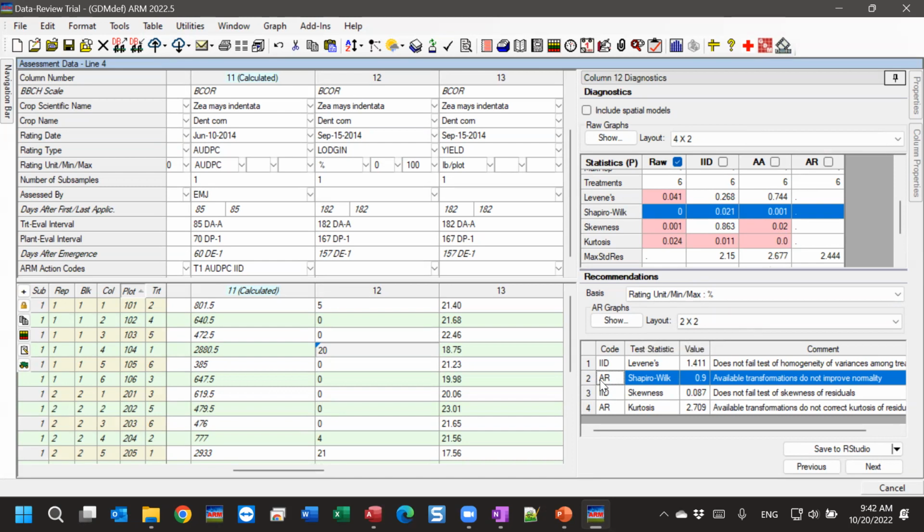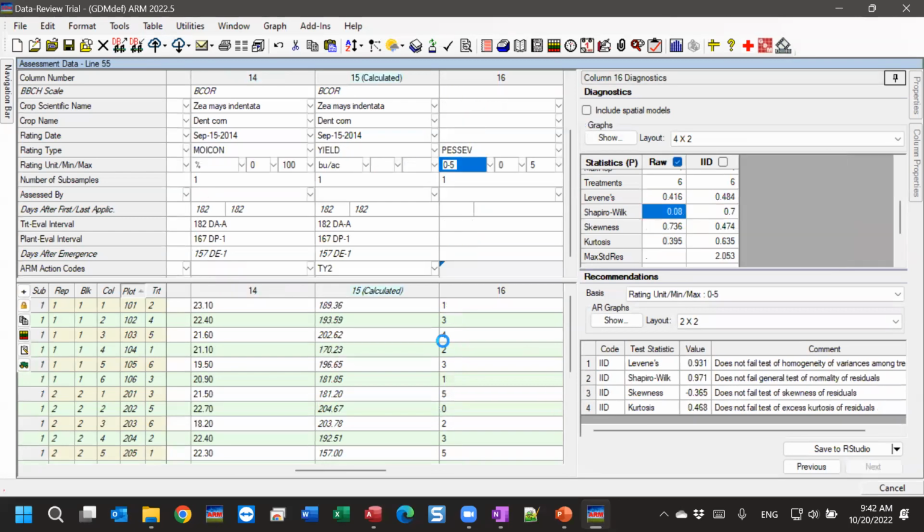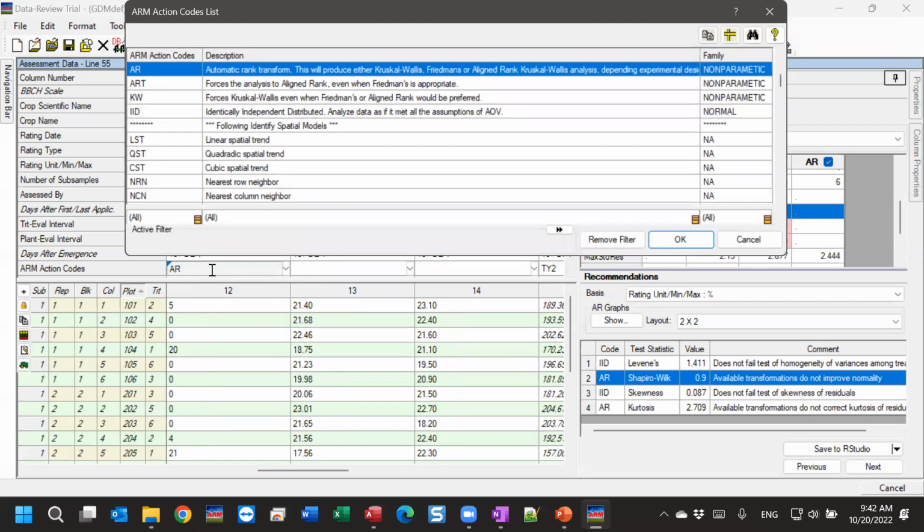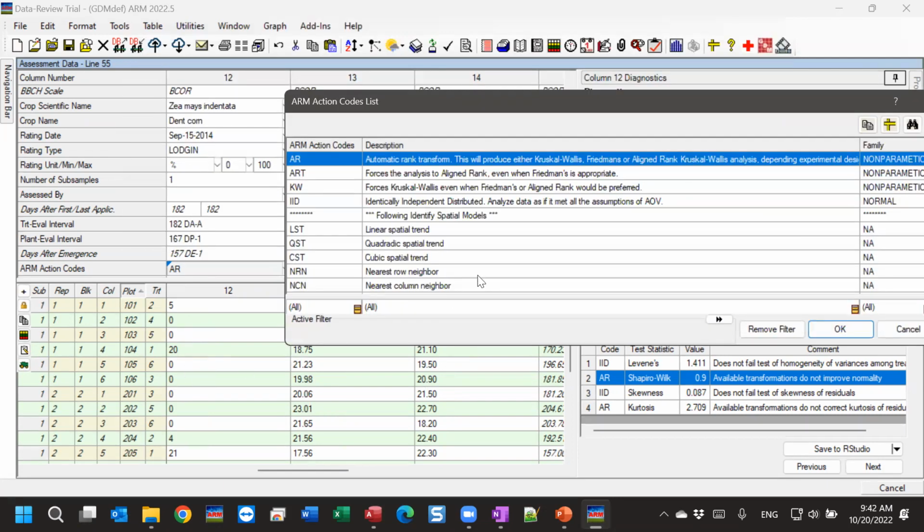But really what that triggers is our non-parametric statistics. So if I double click here to add AR, the nice thing is this slides right into the rest of our workflow. We're giving instructions for ARM that when we do the analysis, I want to apply that automatic rank transformation. But what that really is, instead of doing AOV analysis for this column 12, we're actually going to do